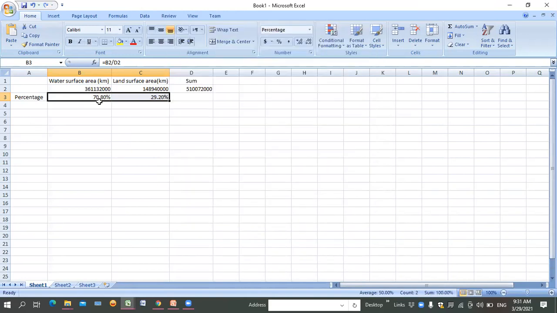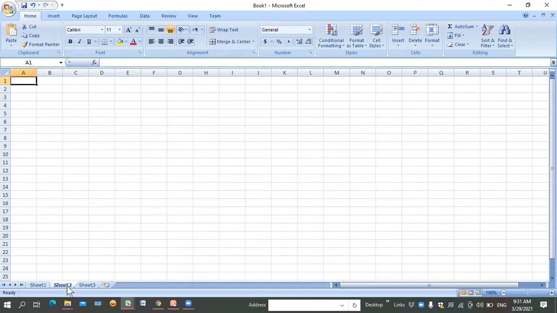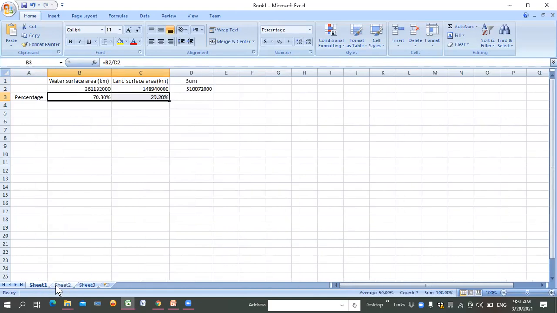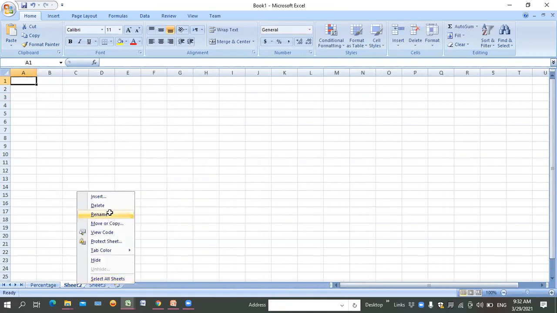And automatically they give you 70%, 29%. This is the automatic result. The last step is how we can calculate the power. Let's suppose we work on another sheet. From here down, you can choose Sheet 1, Sheet 2. You can rename them by simply right clicking and choosing rename. This is our percentage sheet. Sheet 2, right click, rename it. This is our